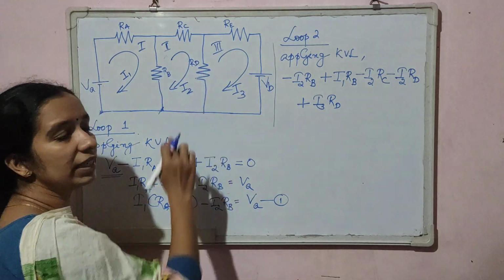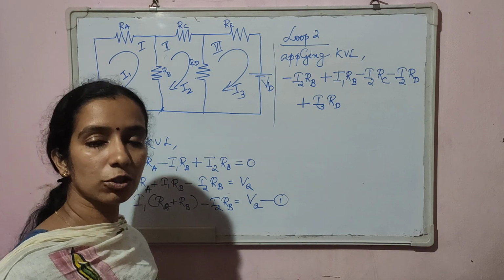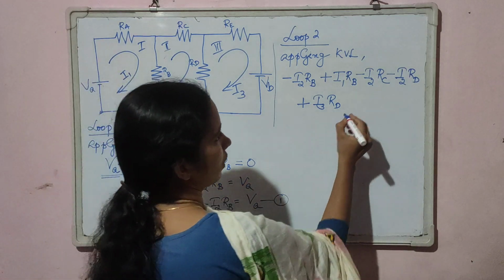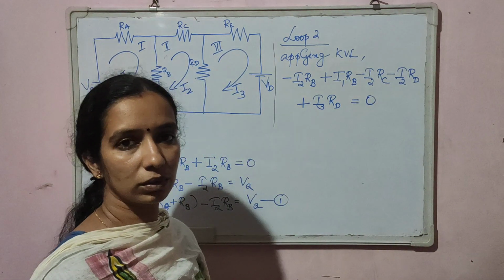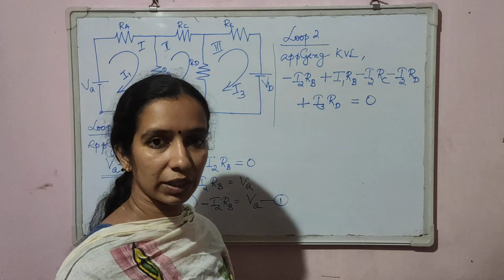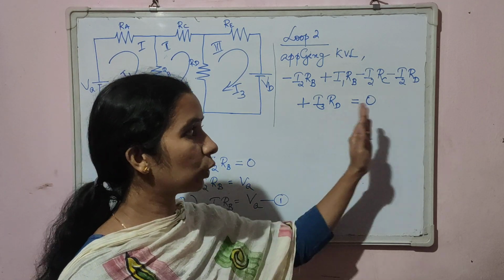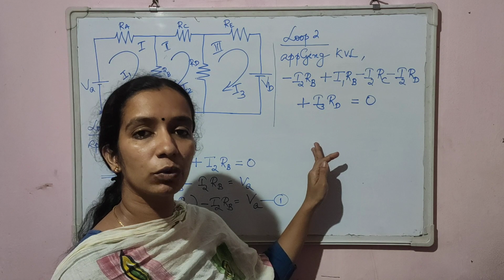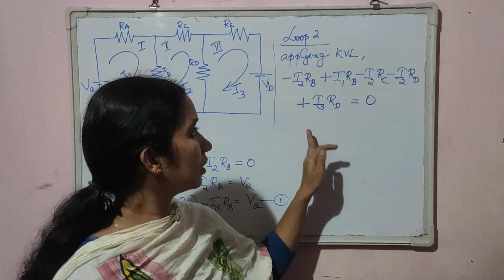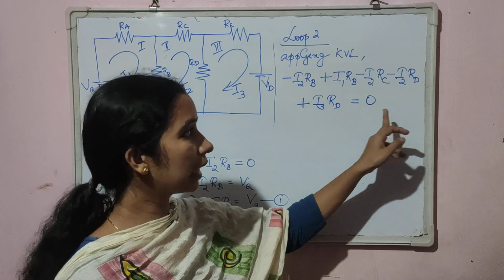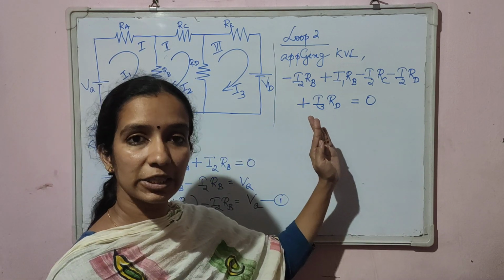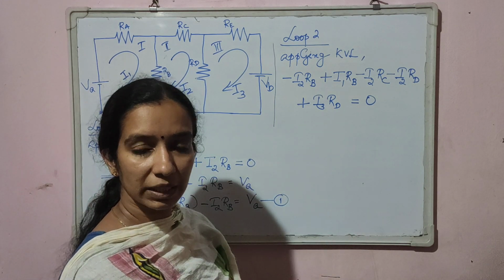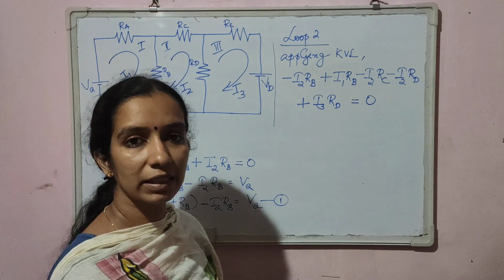So we have considered all the voltages of mesh 2, and according to Kirchhoff's voltage law, the algebraic sum of all the voltages in a mesh is 0. So this will be equal to 0. The next step is to rearrange the equation in such a way that the constant voltage term is on the right hand side and all the terms containing the unknown currents on the left hand side. Here there are no voltage terms, so the right hand side is 0 itself. Now rearrange the left hand side in such a way that the term containing I1 comes first, the term containing I2 is next, and the term containing I3 comes last.